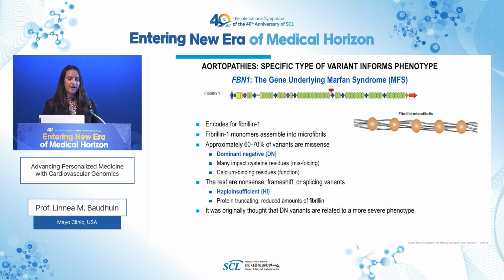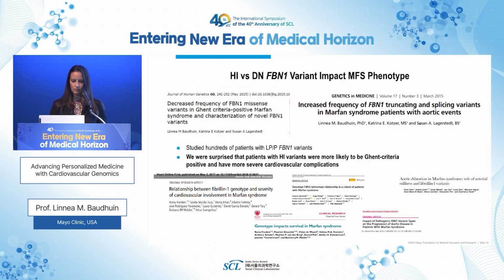And for a long time, it was thought that these haploinsufficient variants led to less severe disease, and patients were often counseled to maybe not worry so much about having a cardiovascular event because they have a haploinsufficient variant. So we were actually surprised because we took a look at our patient database, and we looked at the correlation between genotype and phenotype, and we were surprised in that